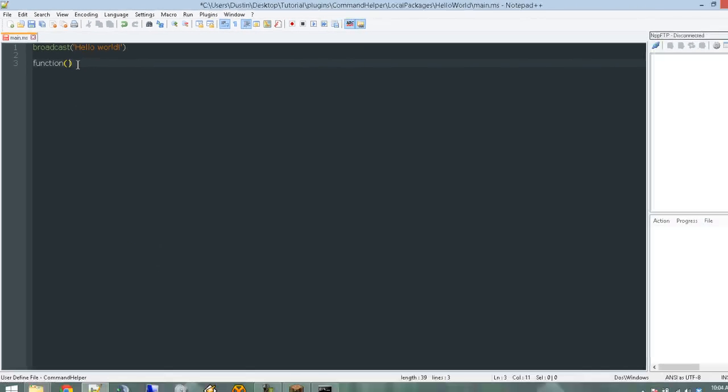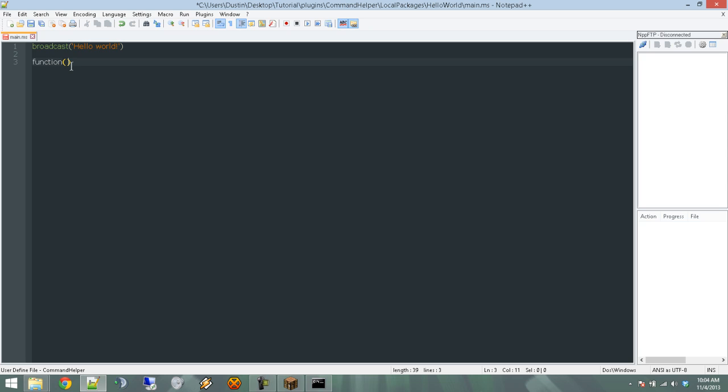Functions perform a number of operations on whatever you stick in them. So, for instance, broadcast performs a number of functions on what I stuck in here, a string, hello world. So there's different kinds of data that we can deal with. A string looks like this. It has text and numbers and special characters wrapped in single quotes. And when you type in a string, you know you've done good if it turns orange with our language file